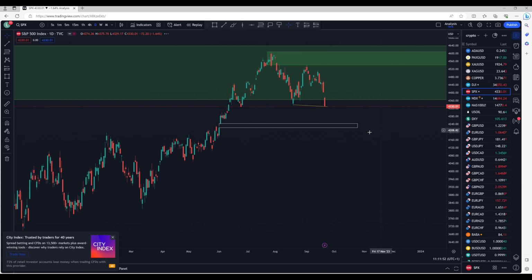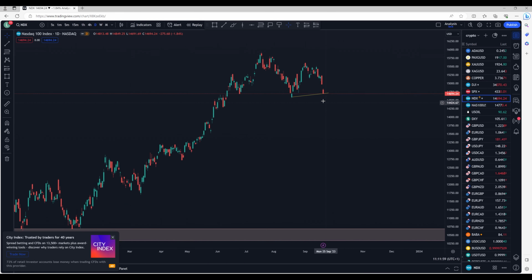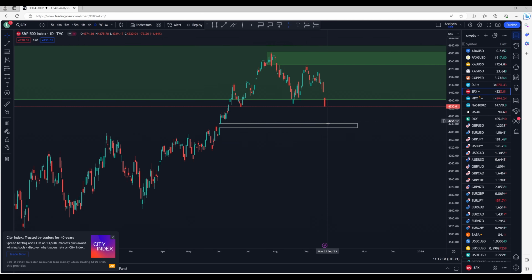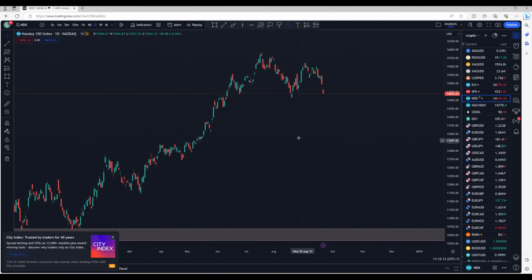There is an argument to be made by some people when they're using this technique. They'll say, okay, well, the S&P is overshot, and the Dow and the Nasdaq are showing the true nature of what's happening, and we're probably going to get a bounce from here. I don't believe that to be the case at all. I do think the S&P is going to be the front runner, and everything's basically just going to follow what the S&P is doing. It does look like tech's a little bit stronger, but to be honest, that's expected with all of this AI stuff and whatnot.